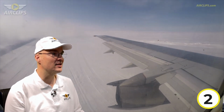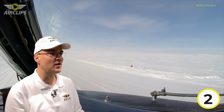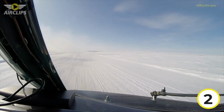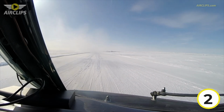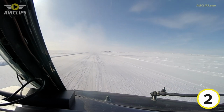Now we are backtracking on the runway and you can still see basically the smoke from reversing on the ice, all the snow and stuff that we've kicked up. Backtracking takes a while here because the maximum speed you can get on the ice is 10 knots. Because if you go faster than that, you'll